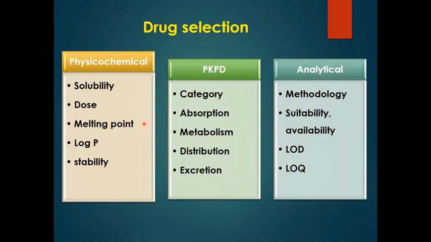And log P. It involves the process of emulsification, meaning you have to disperse the lipid phase into the aqueous phase. So you need to see the log P of the drug also. Sometimes what happens is if the log P is high, the drug may not come out from the lipid matrix, meaning it does not partition into the water environment. So stability of the drug, as the process involves dissolving in organic solvents or sometimes heat-based methods, so the drug should be stable at the particular conditions used.